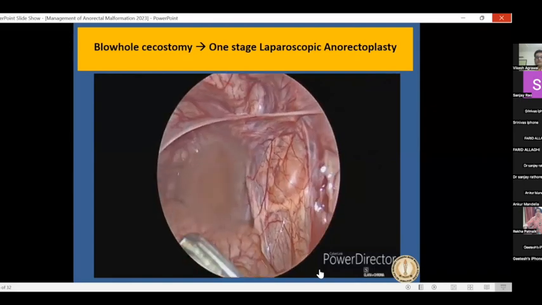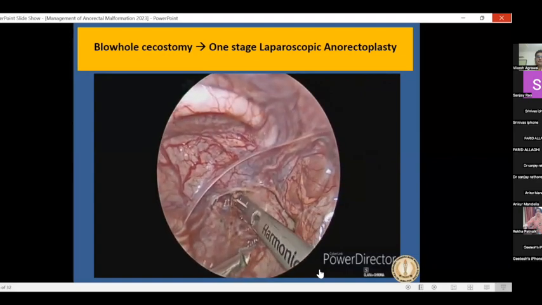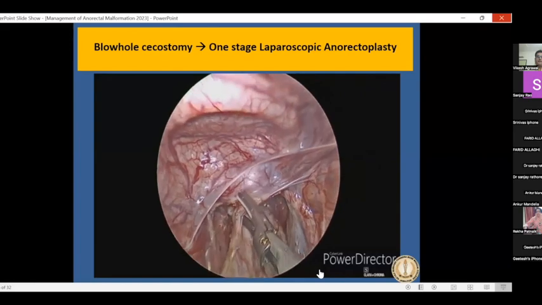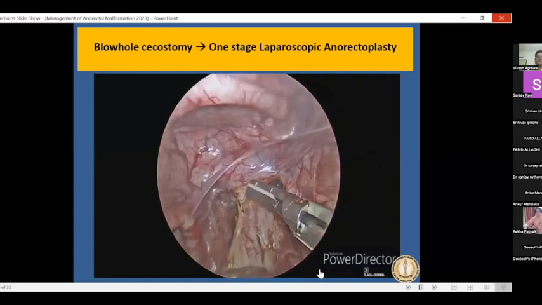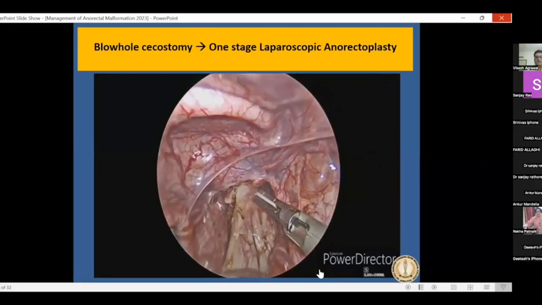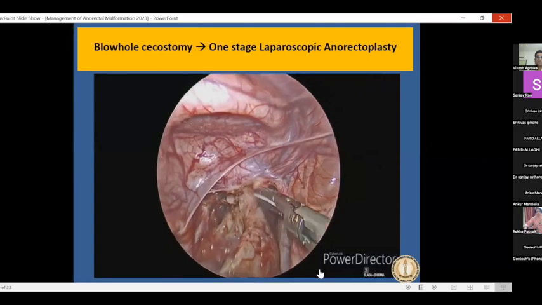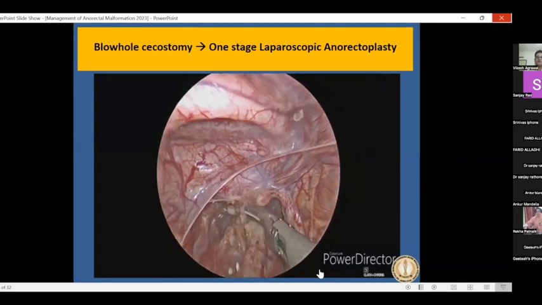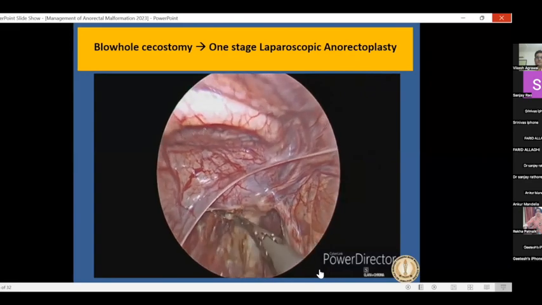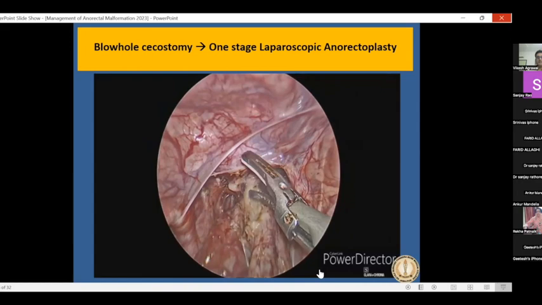So it is a delayed primary stage approach which increases patient safety. You can get rid of the infection which was causing the trouble, and give the advantage of earliest passage of stool through the anus to the patient. So this, you see, is appearing just like any one-stage laparoscopic pull-through, but this is just 6 or 7 days after a cecostomy in the same admission. So this is the idea which we recently adopted in the last 2 years.